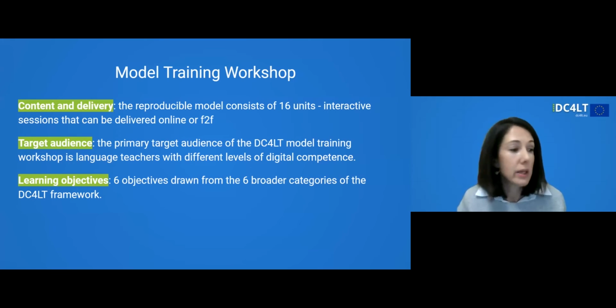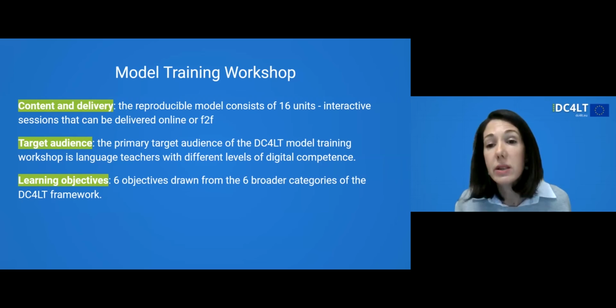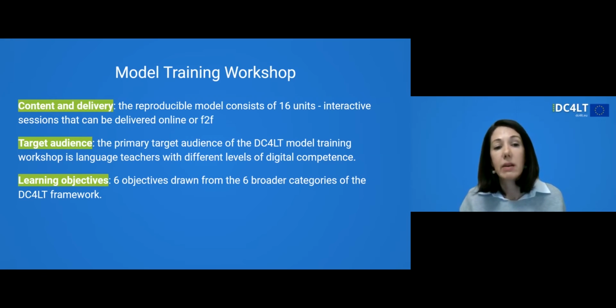More concretely, the reproducible model consists of 16 units, interactive sessions that can be delivered online or face-to-face. The target audience of the DC4LT workshop is language teachers with different levels of digital competence. And the learning objectives, which are 6 objectives drawn from the 6 broader categories that Maria just mentioned in her